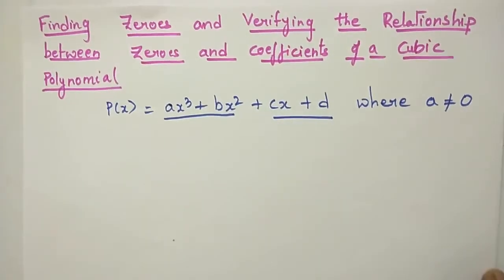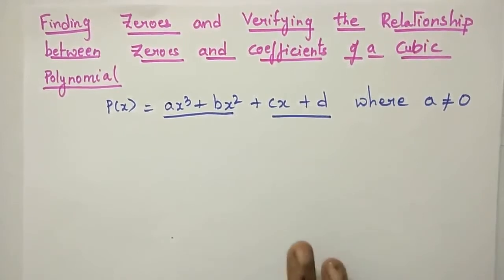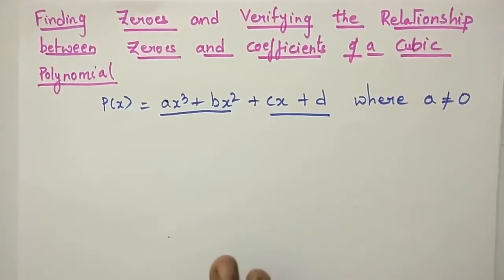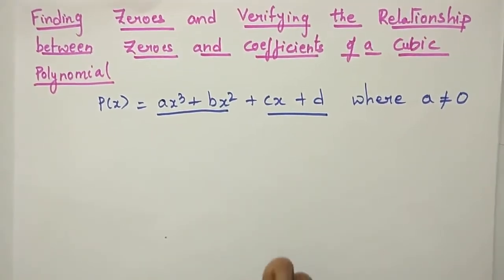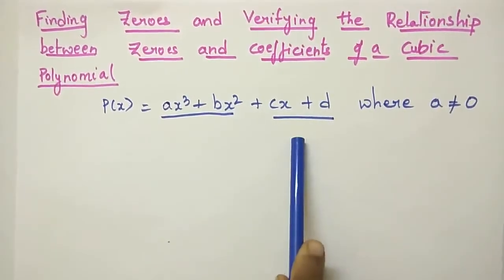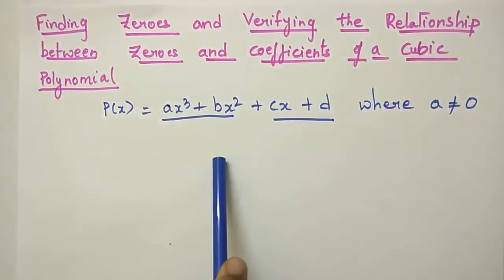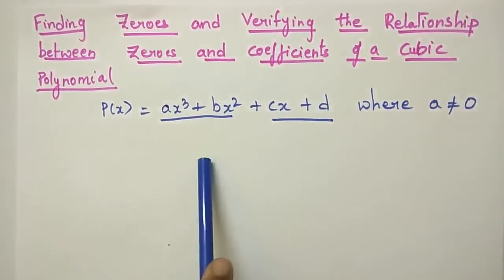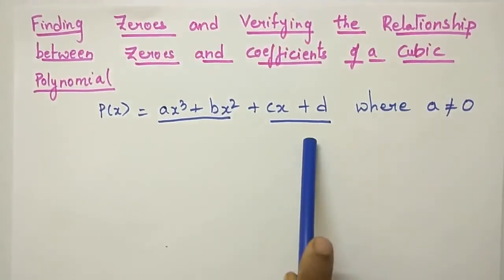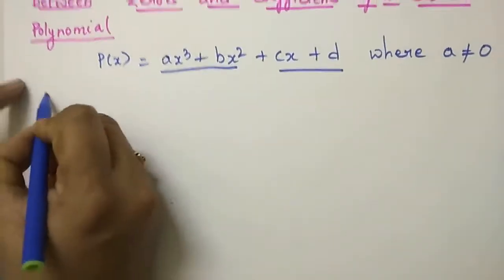Okay, in this video I will take two examples to explain how to find the zeros of a cubic polynomial. In the first example, you will be able to find a common term while grouping the terms. In the second example, we will find the zeros of a polynomial for which you cannot find any common factor while grouping the terms. Okay, let us start. Example 1.